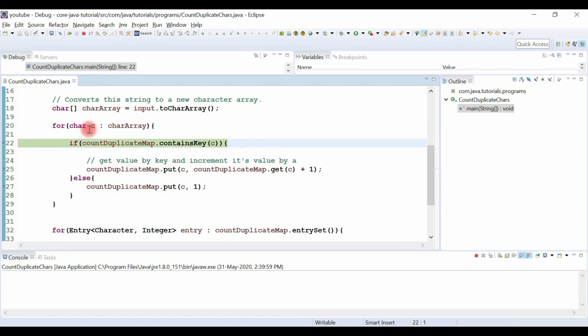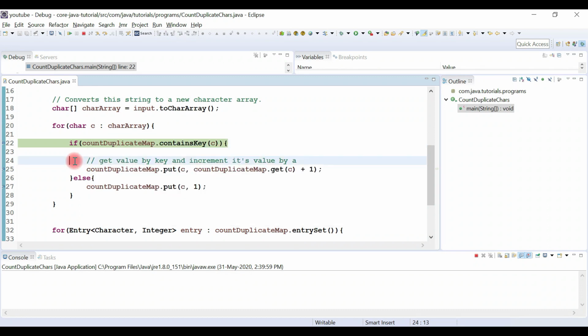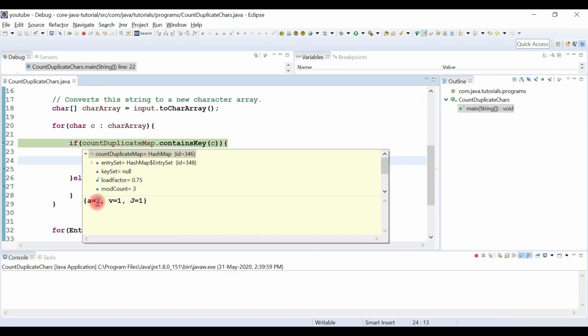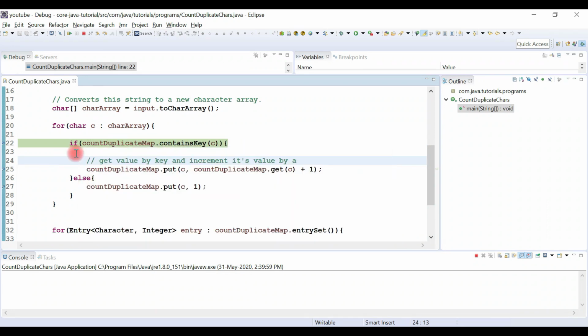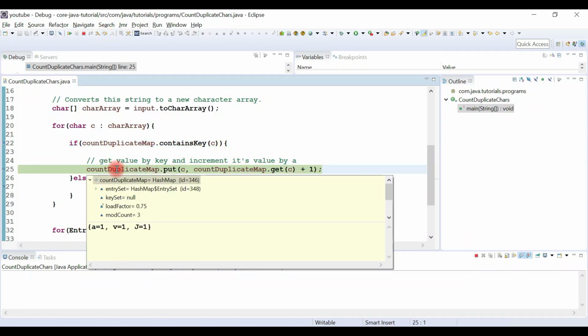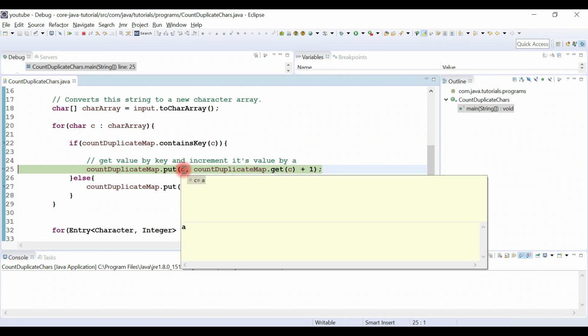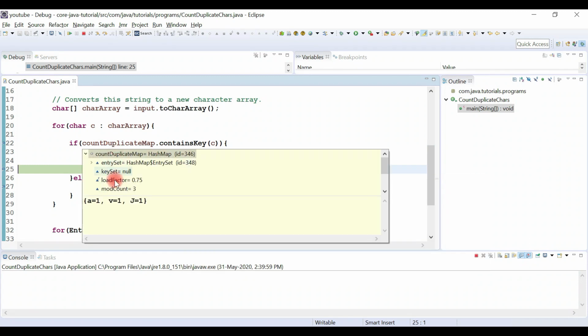Now see here, a is already present in the map, right? So a is already present in the map, so this goes into this condition. Let me go one more step ahead. So look here. Alright, the map already contains a, so basically the value of a will be incremented by 1.